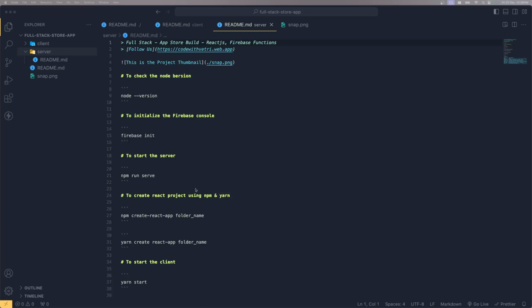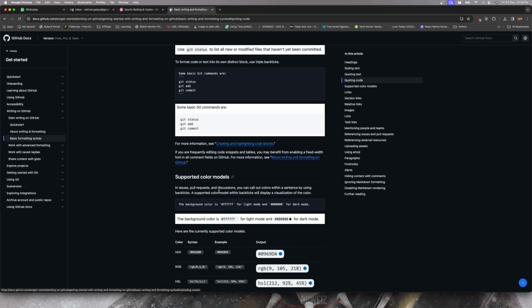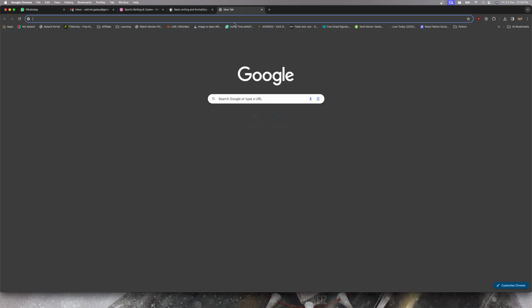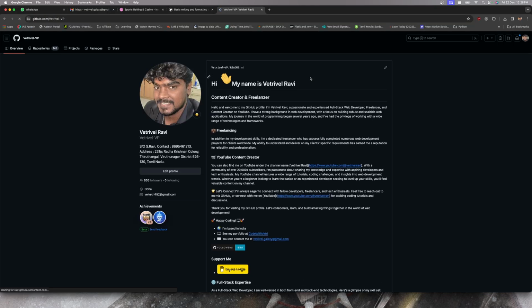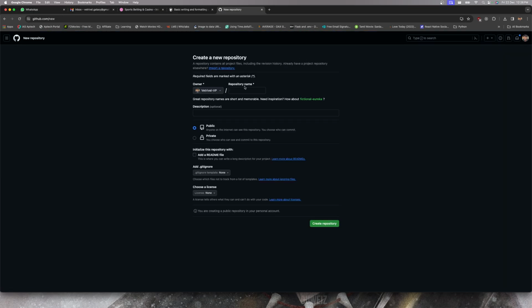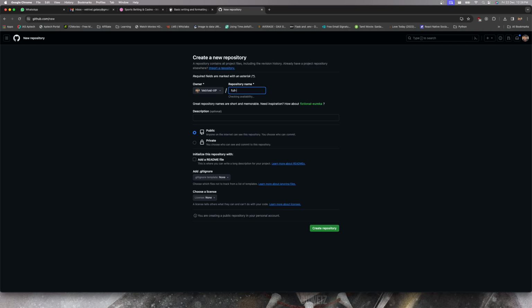All right then, so now what we have to do is, let's get back to our project browser and go to your GitHub profile. So GitHub. What I'm going to do is create a private repository. So click new repository over here and give a name for this as full stack app store build